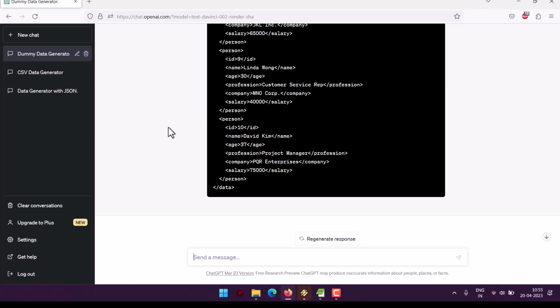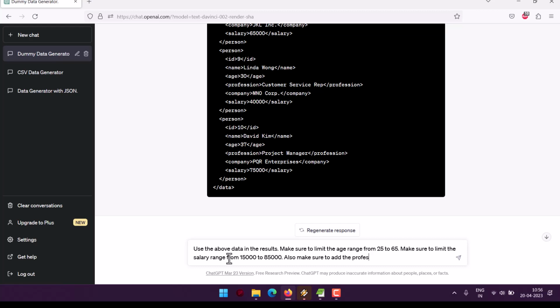Now let's say I want to improve this. So I will say use the above data in the results. Make sure to limit the age range from 25 to 65. Make sure to limit the salary range from say 15,000 to 85,000. Also make sure to add the profession specific to technical only,